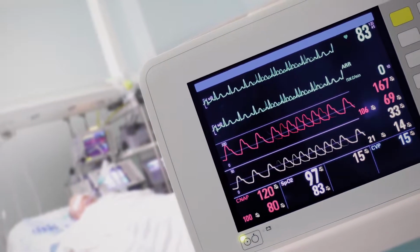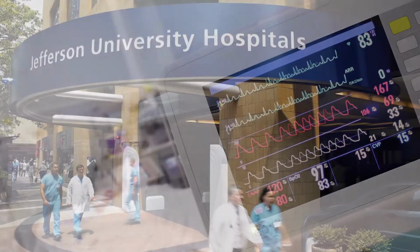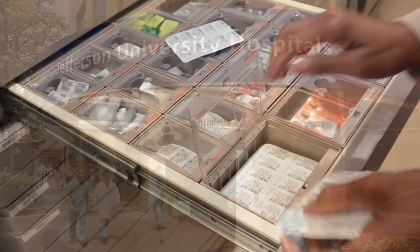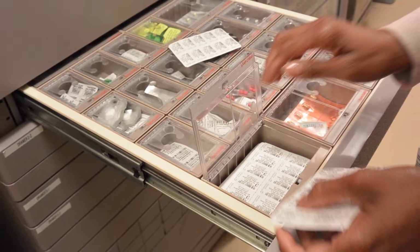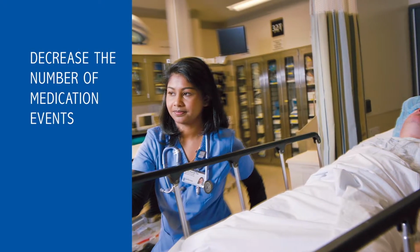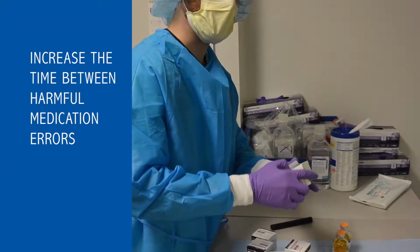Adverse drug events remain major sources of patient harm. To help ensure patient safety, Thomas Jefferson University hospitals embarked on a multi-pronged journey to reduce harm from medications. Their goal? To decrease the number of medication events that required patient intervention and to increase the time between harmful